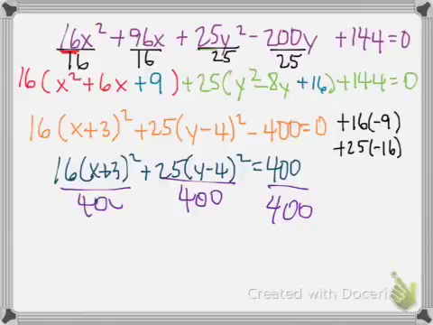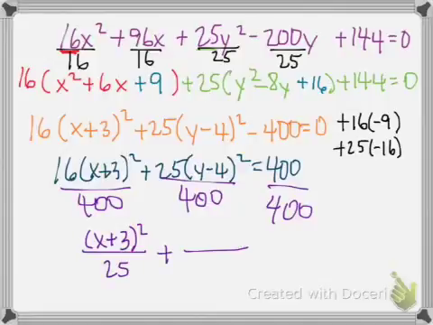So I divide by 400. When I divide by 400, I'm not dividing the inside of the parentheses by 400, but I'm dividing the outside by 400. Okay, 16 divided by 400 is 1 over 25. The 1 is here, but it's understood if you don't write it. And then 25 divided by 400 is 1 over 16. Again, you have 16 on the bottom. There's a 1 there, but it's understood if you don't write it. And 400 divided by 400 is equal to 1. Okay. So that is, in general, how you